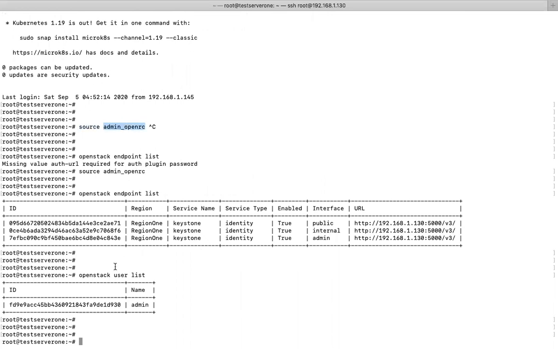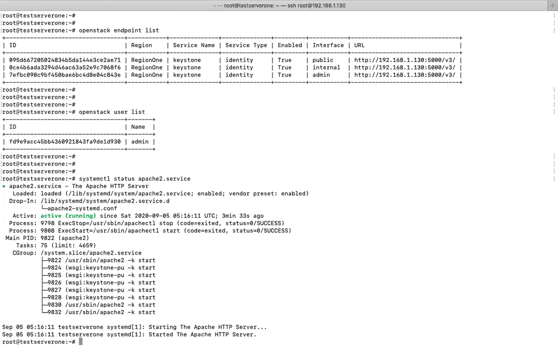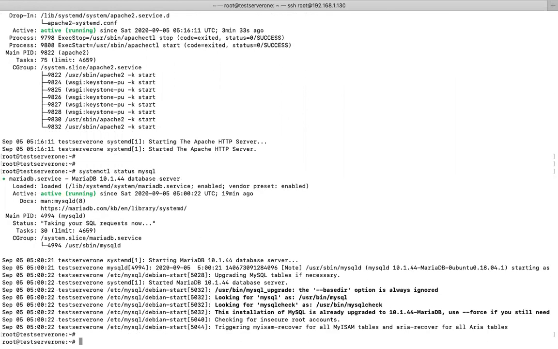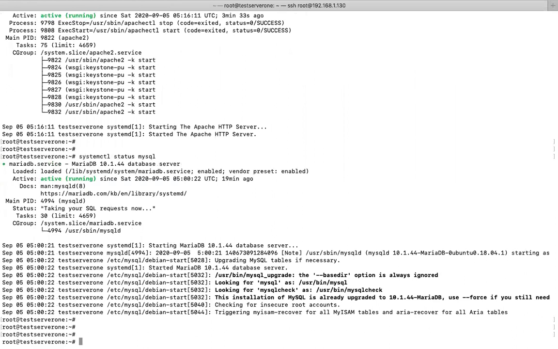It won't run as a service, right? Backend service, it won't run, right? No, see, for Keystone, the backend service is Apache Web Server. This is important. For Keystone, the backend service is Apache Web Server. This should be running in the background, and MySQL should be running. These two are important for us. Without MySQL, how will your OpenStack fetch the data from the database? That is not possible, right? First, your actual service should be running, and then the database, obviously, should be running by default.